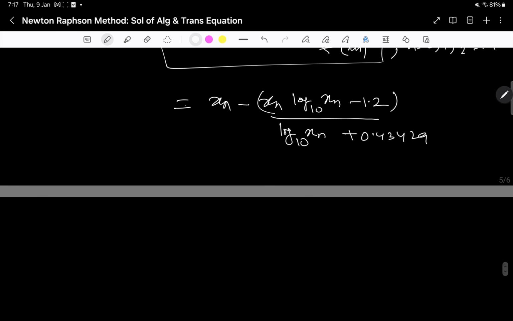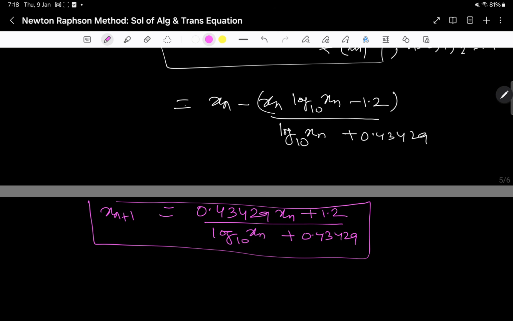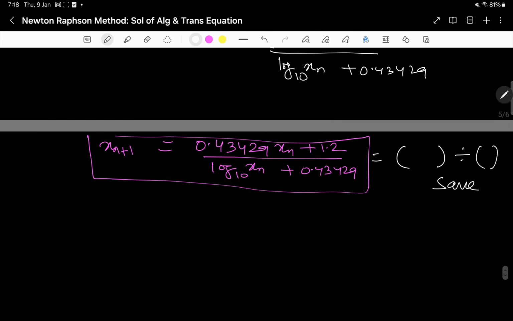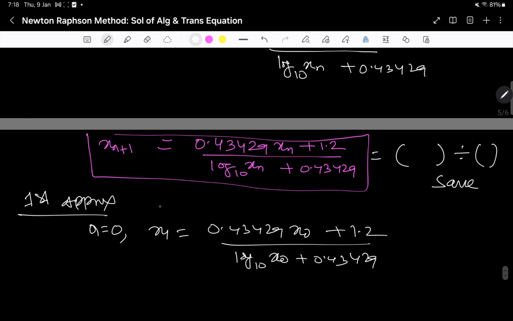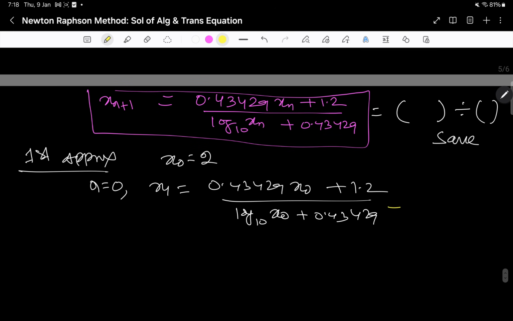So this is the formula, and you can save it in the memory of your calculator, this by this, and you save it. Okay, in this way you can save it. Now my first approximation for n is equal to 0, x1 will be 0.43429 x0 plus 1.2 divided by log 10 base x0 plus 0.43429, right? Now what is my x0? x0 I have taken 2. Now substituting x0 is equal to 2, this will give me